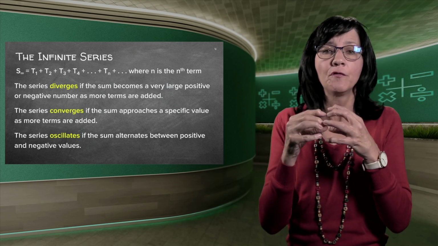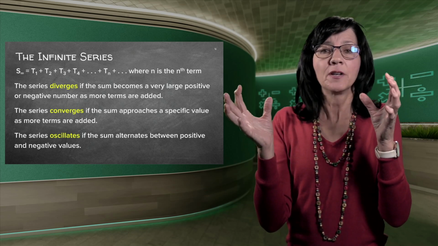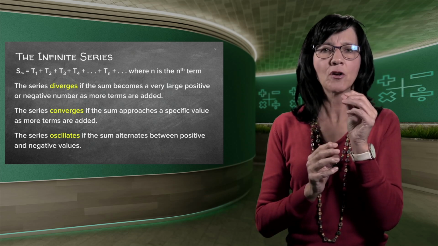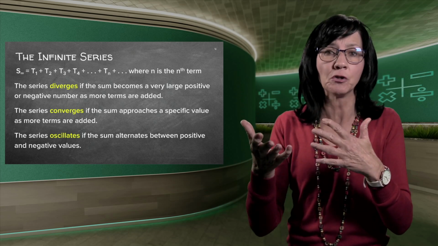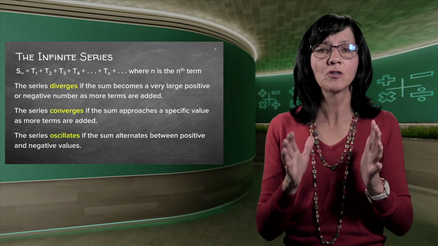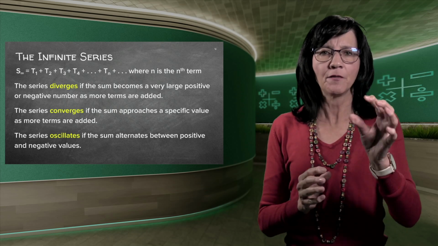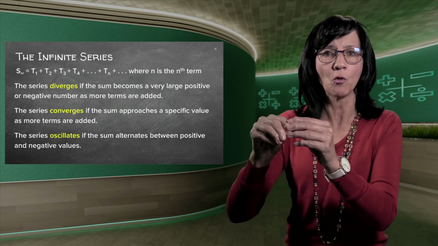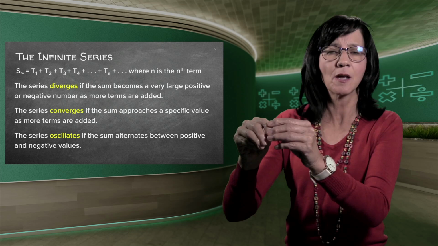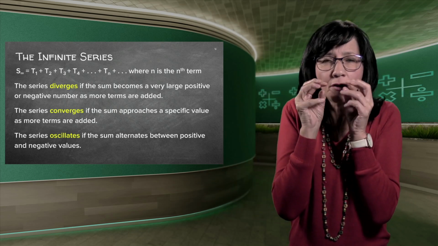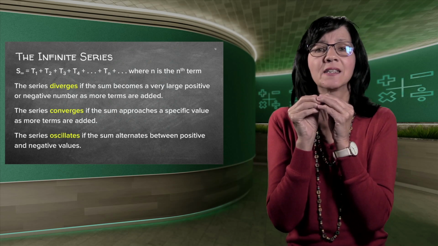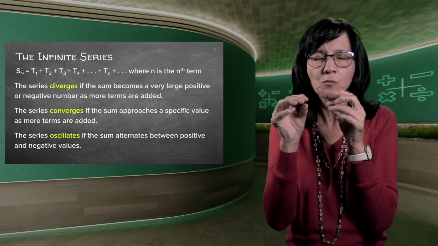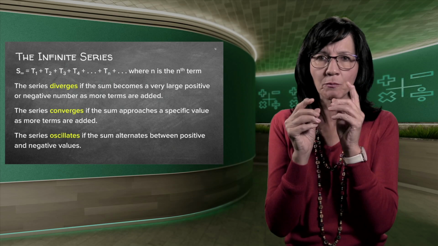If the series converges, it means those answers become smaller and smaller. You can think, the previous constant ratio was 2 times 2 times 2 times 2. If my constant ratio is a fraction, like a half, if I take something and times it by a half, it becomes smaller. If I times by a half again, it becomes smaller. A quarter times a half is an eighth. An eighth times a half is a sixteenth. So it becomes smaller and smaller and smaller. So we can try to add those terms because they don't just go out to infinity. They become smaller and smaller. So maybe we can add them, and we'll see just now how.